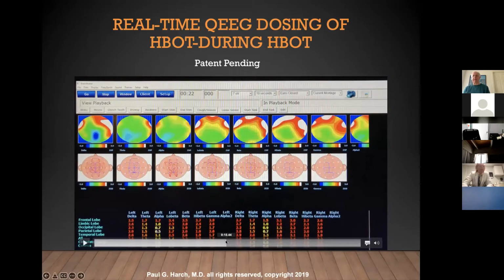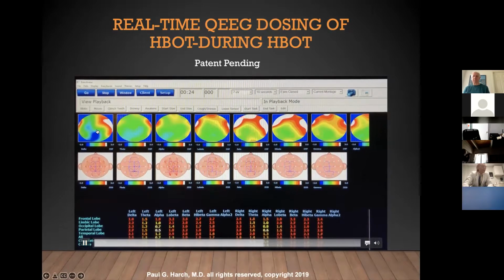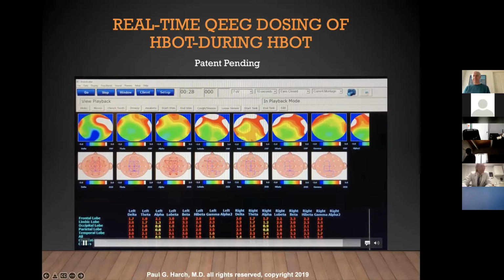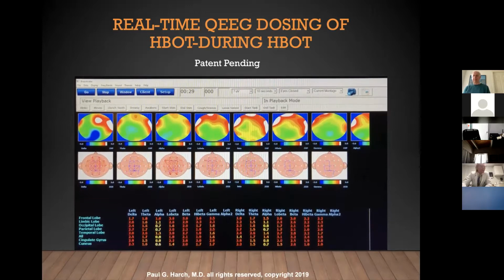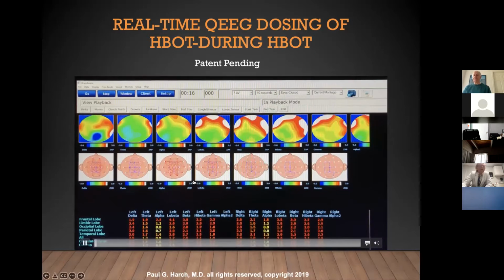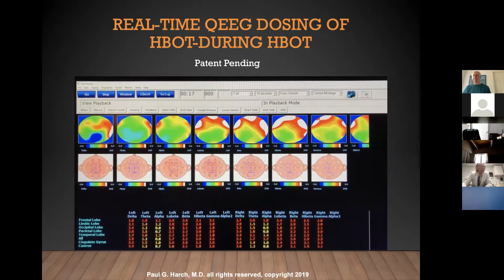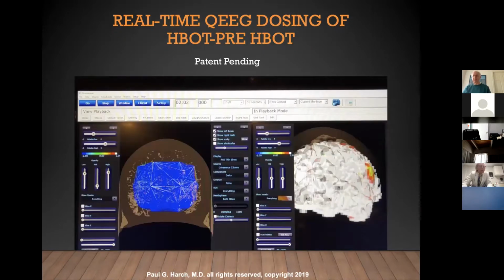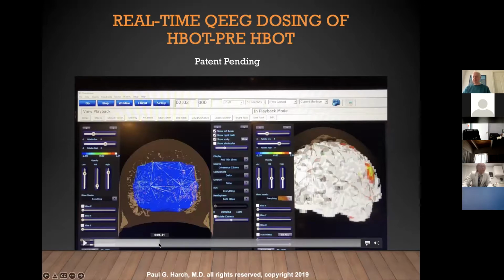Here is now another segment, and look at the reduction in delta here, for instance. Remember how white this was across the whole superior part of the circle, or the brain. And what's happened is the standard deviations also change with that. So this was a series of different doses that I was putting the patient through,